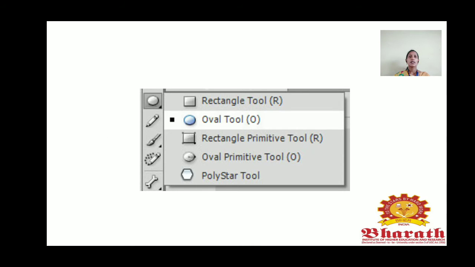And these are the options, the shapes used in Flash are the rectangle tool, oval tool, rectangle primitive tool, oval primitive and poly star tool. So, these are all the various shapes available in the Flash application. You can use these default shapes. If you do not require these shapes and need new different shapes, you can change them according to the custom tool settings also. So, with the help of this we can know how the shapes of your art can be designed.